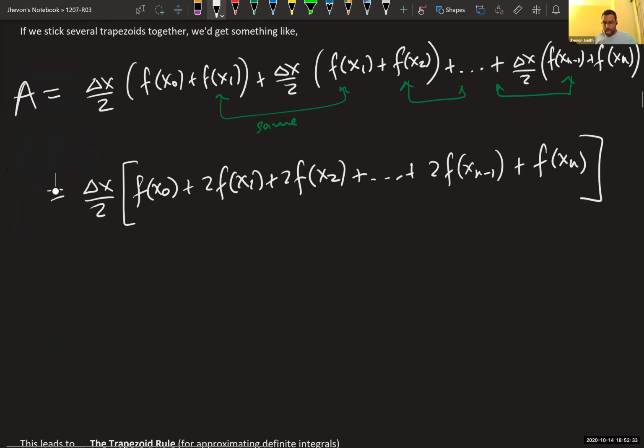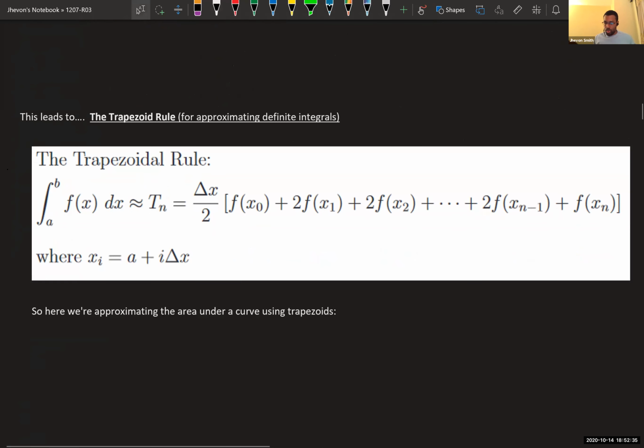This leads to something that we call the trapezoid rule. There are many other ways, but we're going to cover 2 of them. The trapezoid rule is another way to do this kind of analysis on an integral, except instead of using rectangles, we use trapezoids. And this is the formula for it. I explained where that formula came from. And of course, I want to remind you that your delta x is going to be b minus a over n.